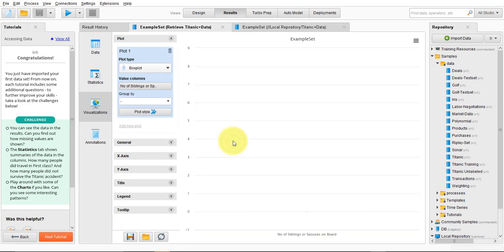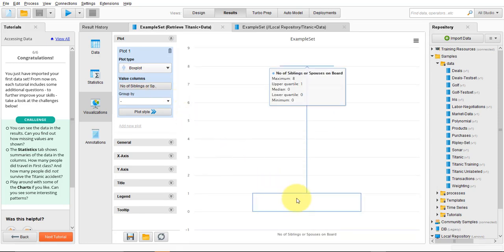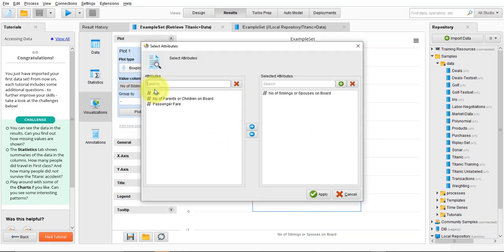And we could do a box plot. So this is for number of siblings. This says that the most number of siblings was 8, so some people had 8 siblings. But most of the data is in here, is what this says. Now, if we look at a different variable, let's look at